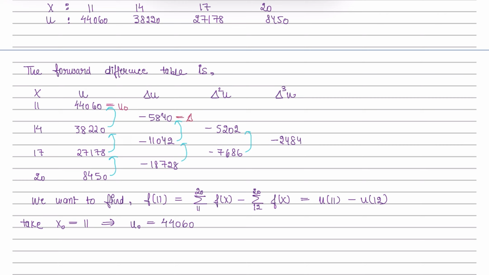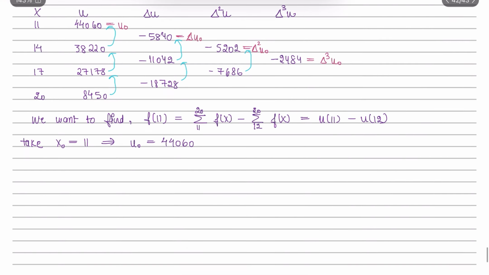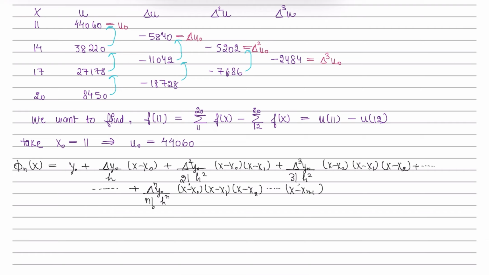Therefore, first forward difference of u0, second forward difference of u0, and this is my third forward difference of u0. Using all these values in Newton's forward interpolation formula, which is this equation, this equation will change into